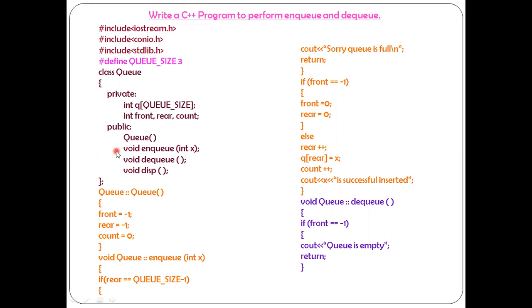Next, I need to declare some member functions. Here, I have declared a constructor member function and 3 member functions inside the class, and they are going to be defined outside the class. Got the point? So the Queue constructor member function must end with a semicolon. Then 3 member functions: void NQ(int x), the DQ member function void DQ(), and void display. The closing flower bracket and semicolon represent the end of class declaration. So inside the class, I have declared 3 member functions and 1 constructor member function.